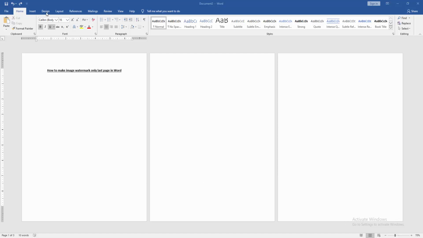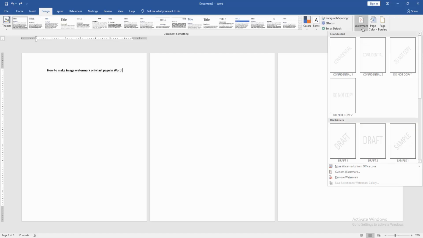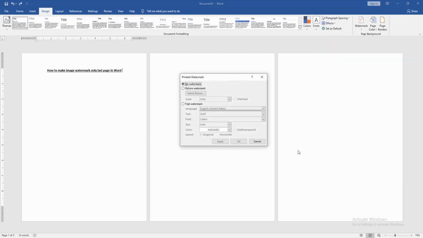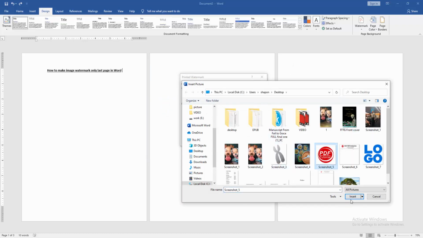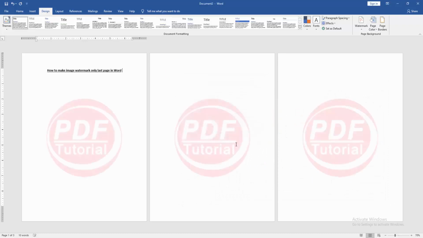Go to the Design menu, then click the Watermark option. Choose Custom Watermark. Select the Picture Watermark and select a picture from our file. Then click OK. Then go to the first page